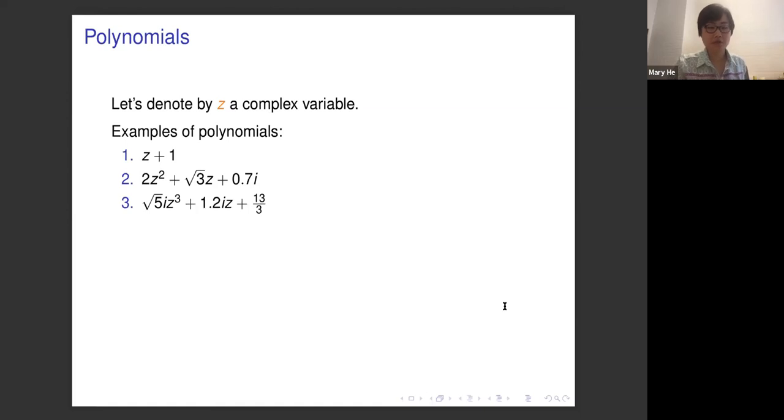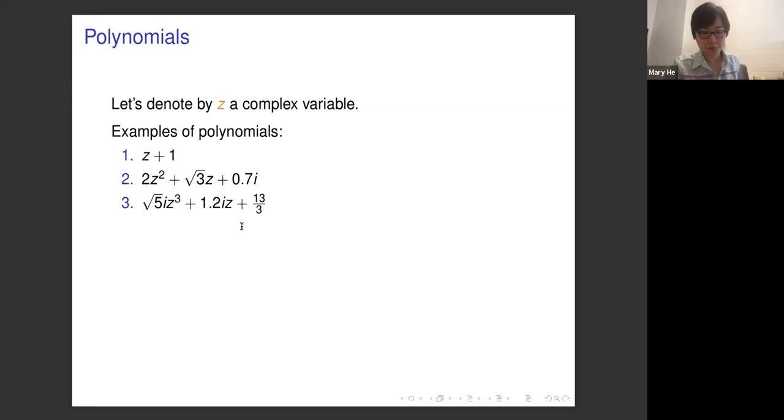So the first example is really simple, z plus 1, and you can make it more complicated. So we can have 2z squared plus 3z plus 0.7i, and the third example is z cubed, and the coefficient, so the number in front of z cubed, is square root of 5 times i,